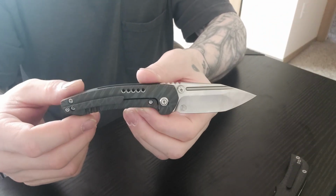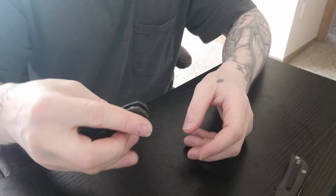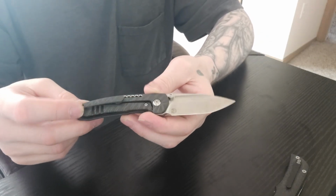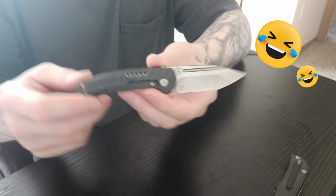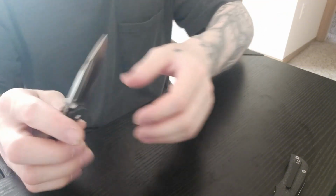Pocket clip does work great on this knife. I've already tried it, no doubt about it. In and out, easy peasy, lemon squeezy, as my old coworker would say right before he left and never came back to work every day. Easy peasy, right? You guys got it. Anyway,